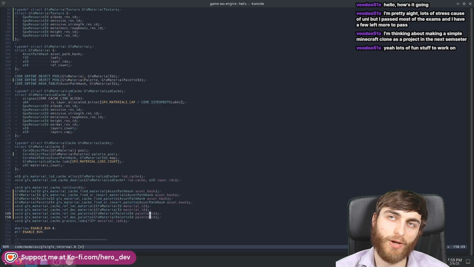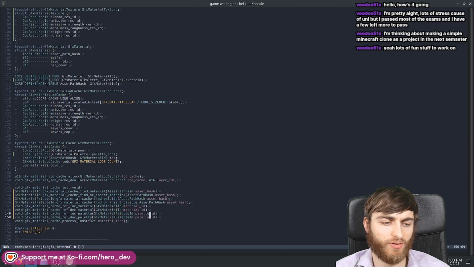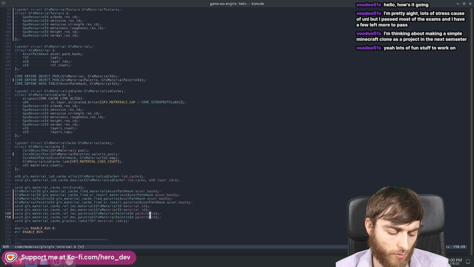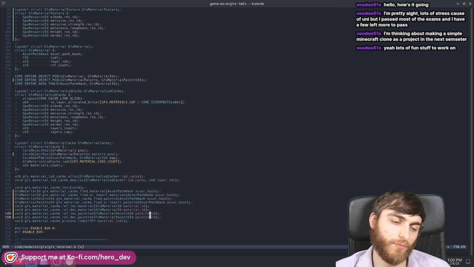Because the palettes would be referenced by model instances. But the model instances can change any frame, right? You don't know. Okay, so with the material palette,